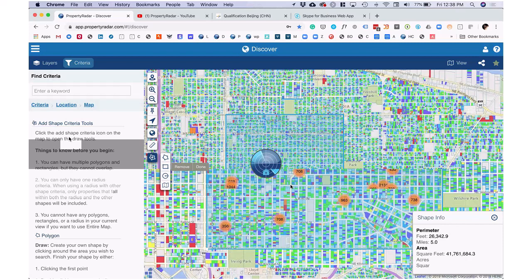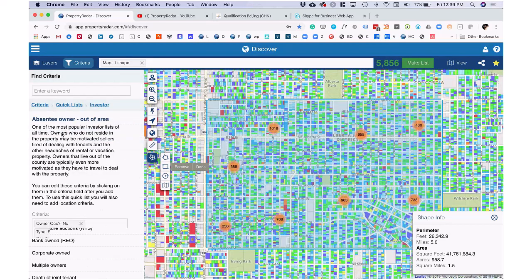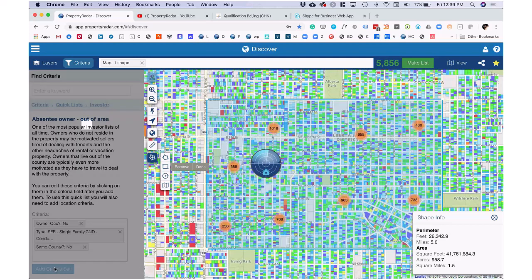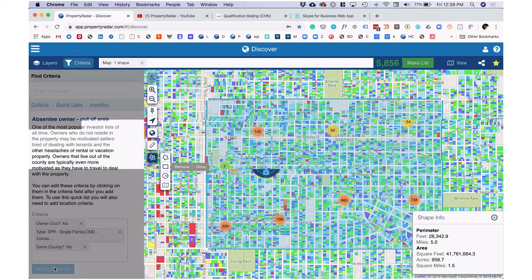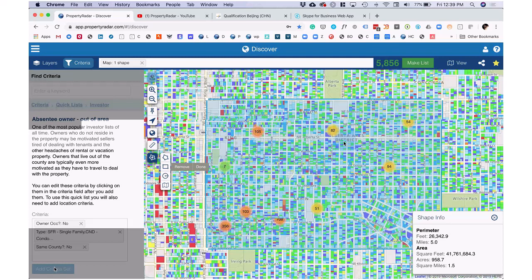And I'll just go to a quick list. So I'll go to investor and say, who are my absentee owners in that area who don't actually live in the same county, or the same state, or same county, sorry. So there's 500 now, right? So just in that little polygon, I've now narrowed this down to